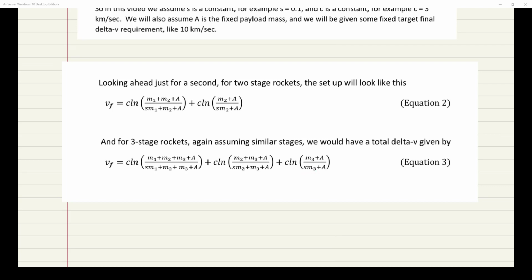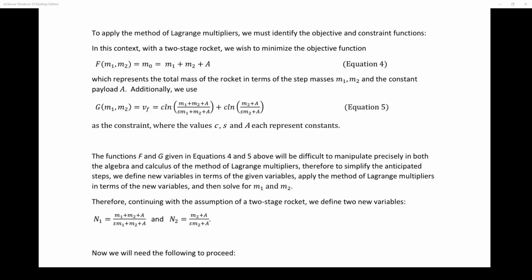And then, of course, you could drop stage 3, but there'll be no additional delta V gained by the payload at that point. Of course, the payload could have its own propellant and often does, but that's not included in this. We're just looking at what total delta V is gained by the three stages launching a rocket with a particular payload. So we basically now have all the parts that we need to approach the concept of the Lagrange